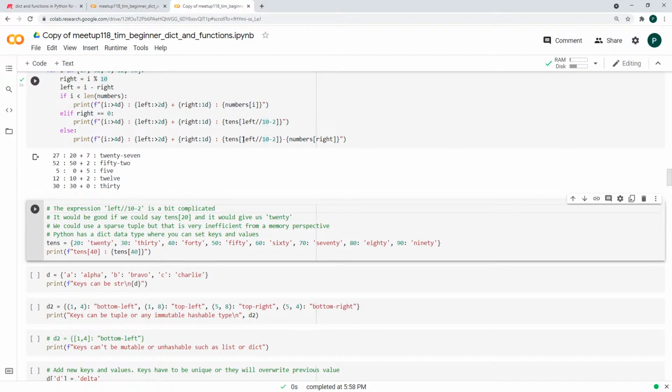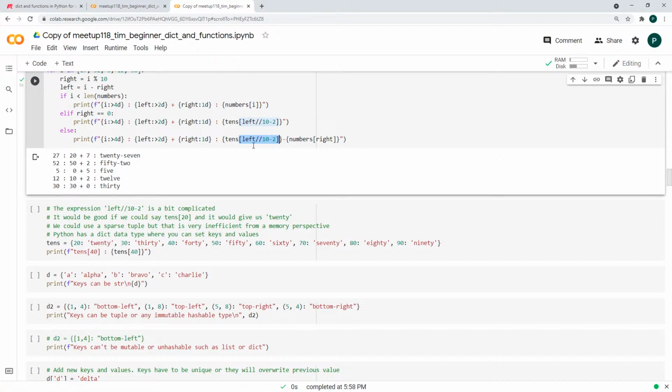Okay, so this expression here that we use to calculate the index that we need for the tens tuple is a little bit complicated. It would be good if we could just say tens 20 and it would give us 20, and tens 30 and it would give us 30. So we could do that with a sparse tuple, where there are lots of empty fields in it, and then just a value at every 10 numbers. But that's inefficient from a memory perspective, and could also be quite hard to type in as you're getting big ones. So Python has a dictionary data type where you can set the keys and the values,